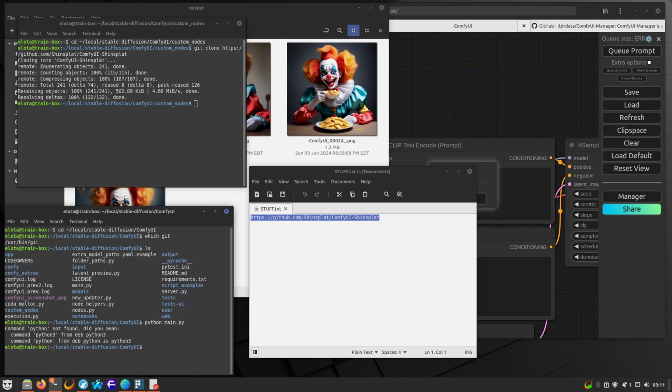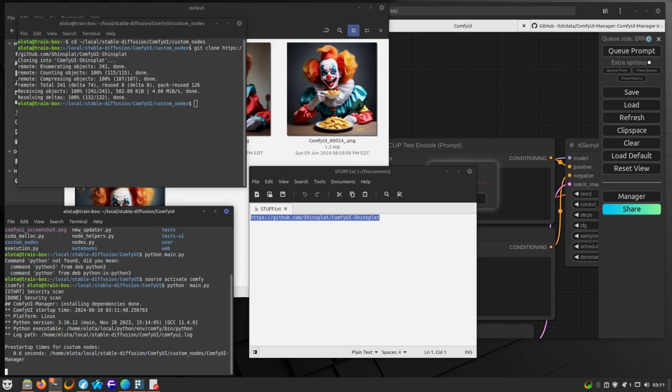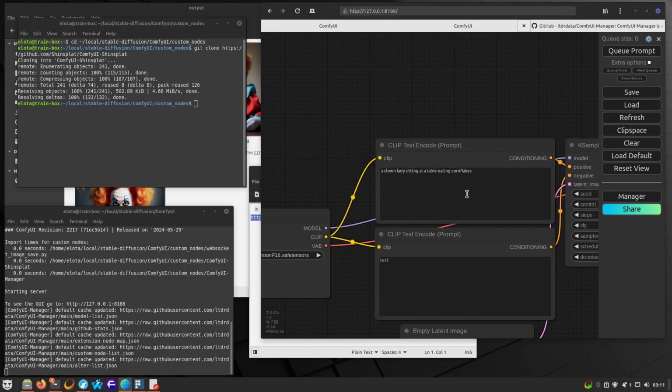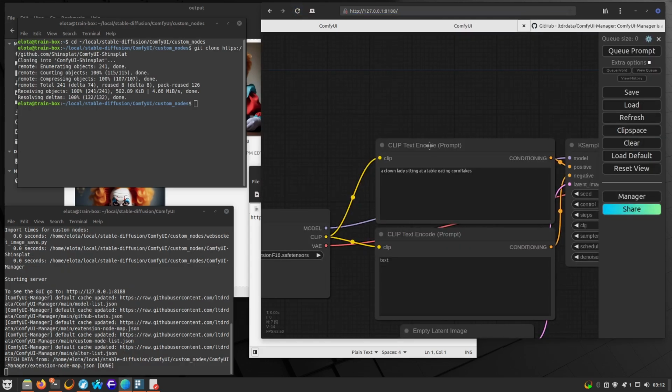Main Python. Oops, that's right. Activate. Nope. Source. Comfy. All right. Refresh my page. I'm going to have to build. I kept this here so I can use that to start with as an example,